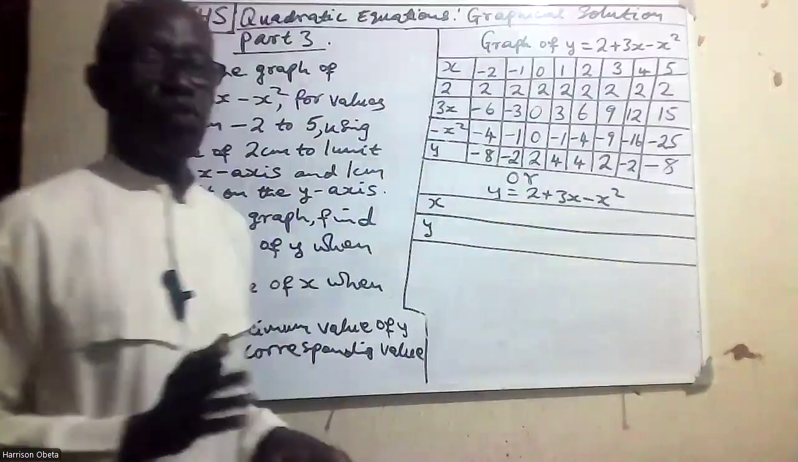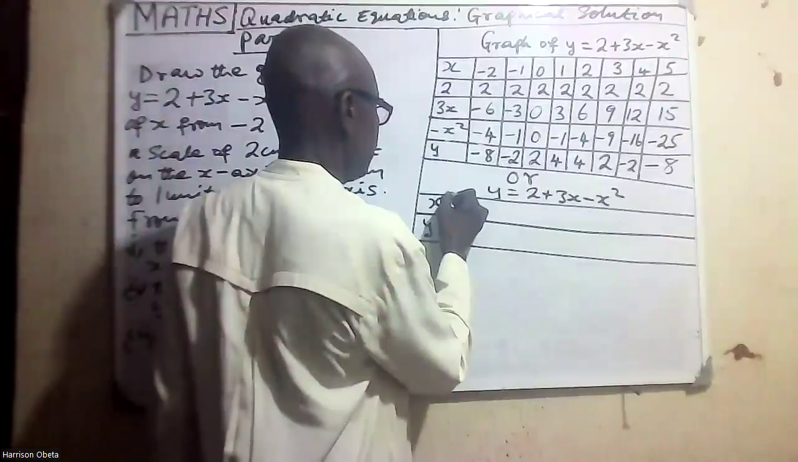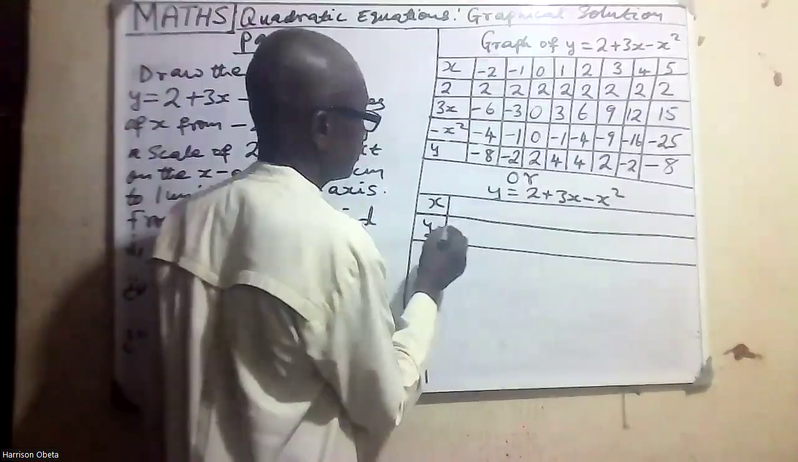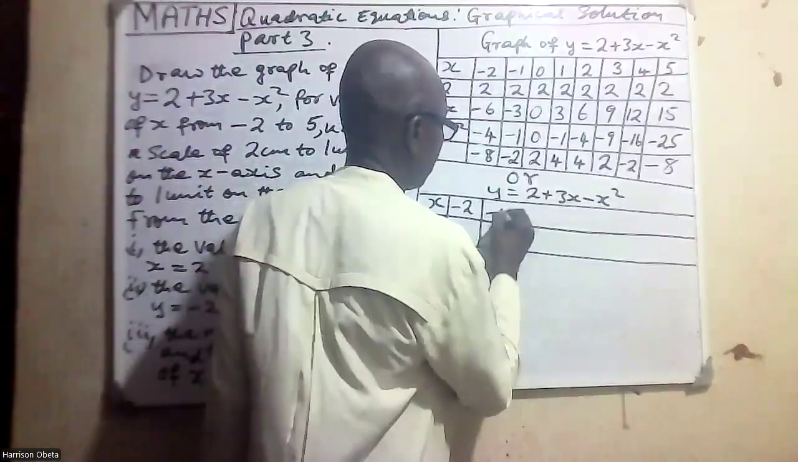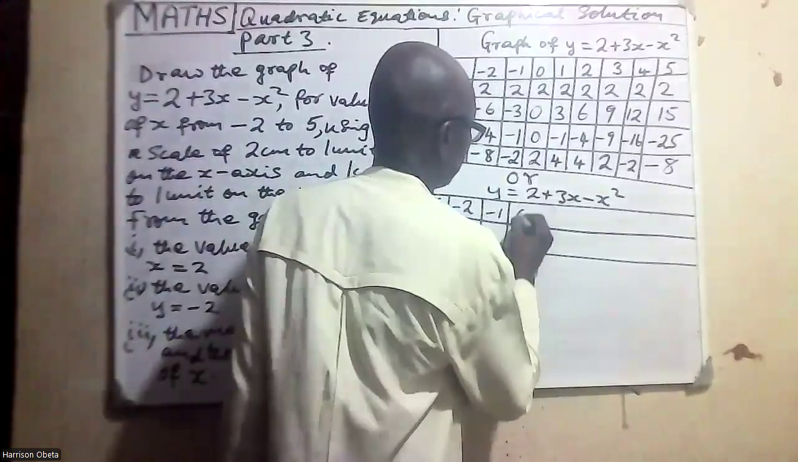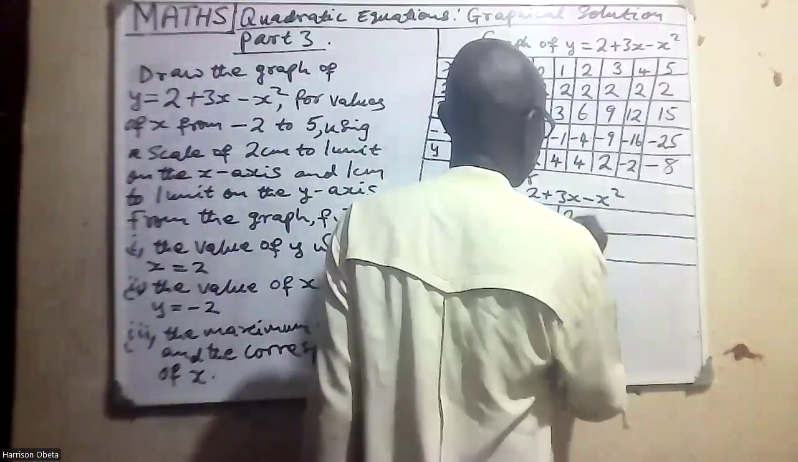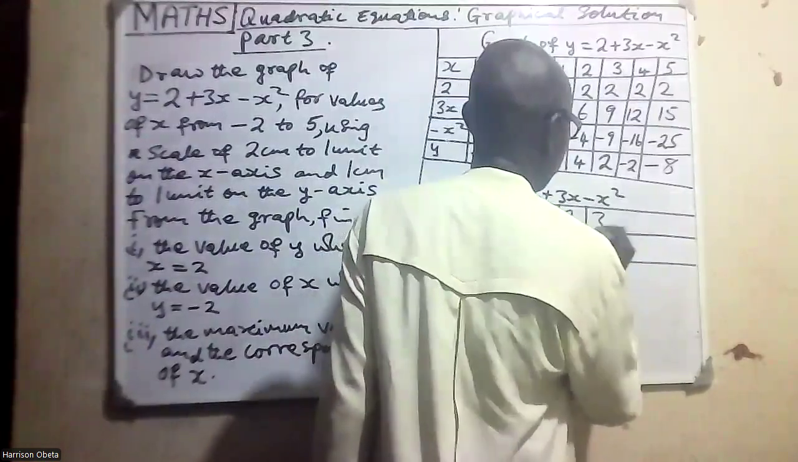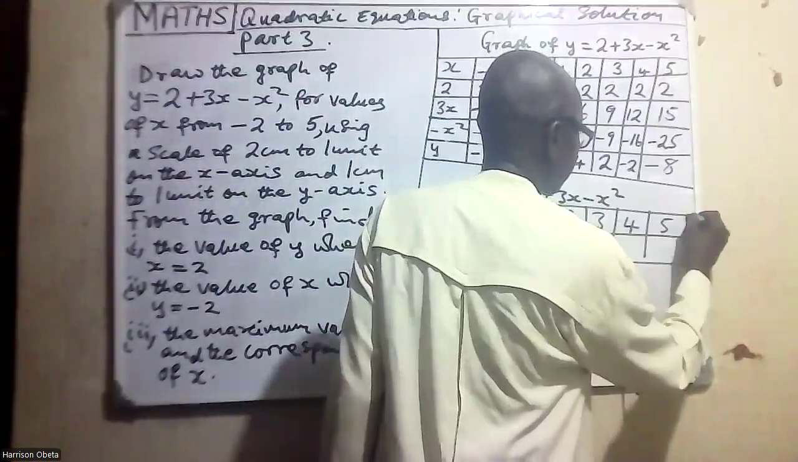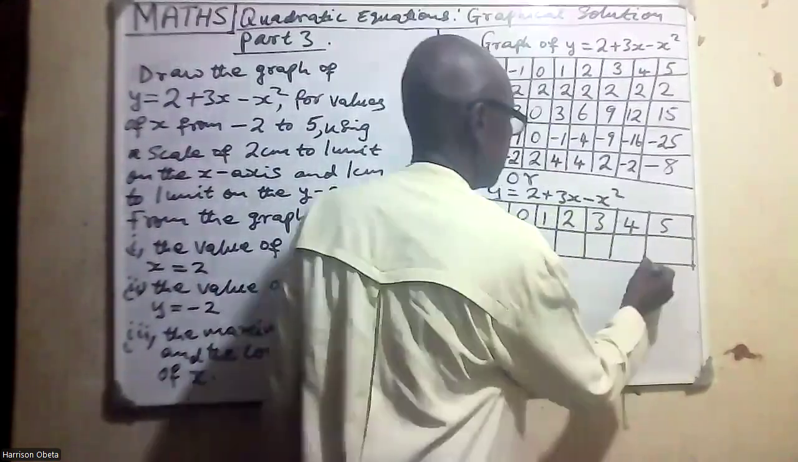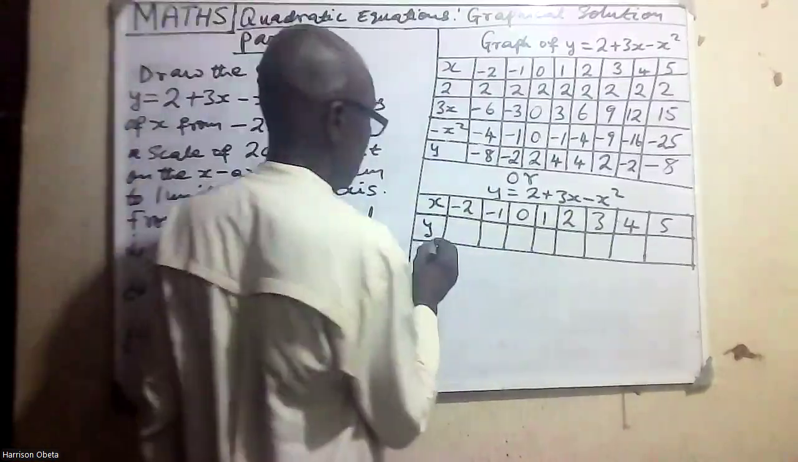So in this case now, we are not going to have all this, so that when I finish, anyone you like, you use that. We have minus 2, minus 1, 0, 1, 2, 3, 4, 5. Okay? Then we start from the beginning. Now,